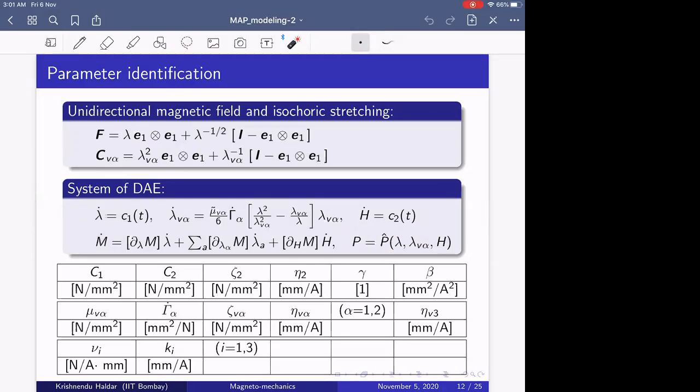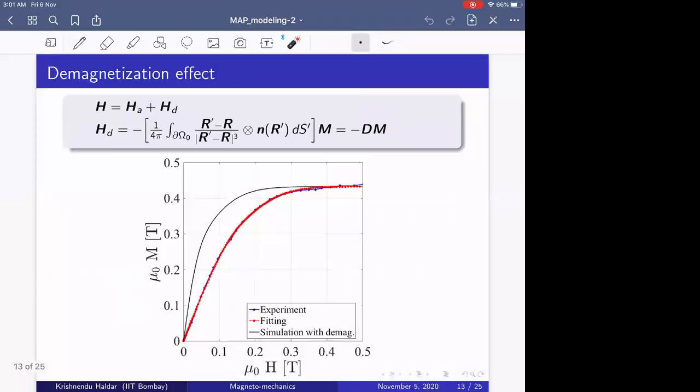So this C1, C2 was the Mooney-Rivlin one, pure elastic, then magnetoelastic, viscoelastic, magneto-viscoelastic, and magnetic. These are the categories of parameters we have. Now let's see how we can calibrate all these parameters. But before going,